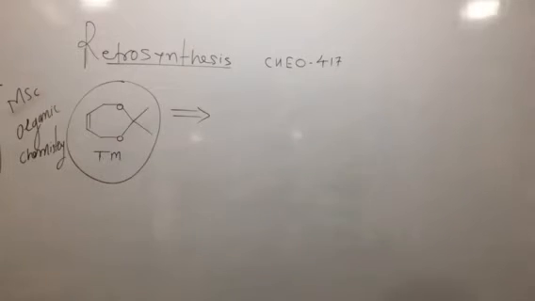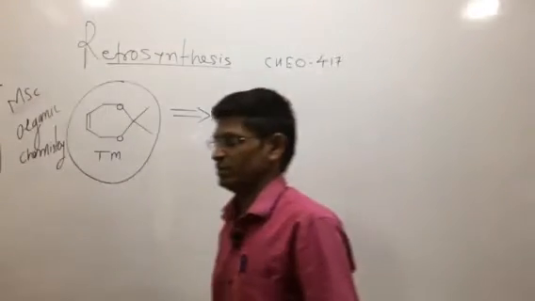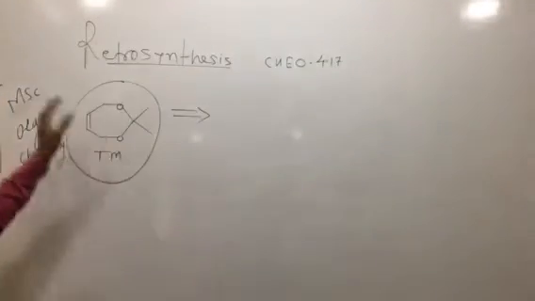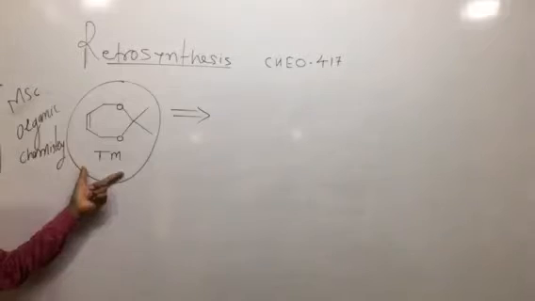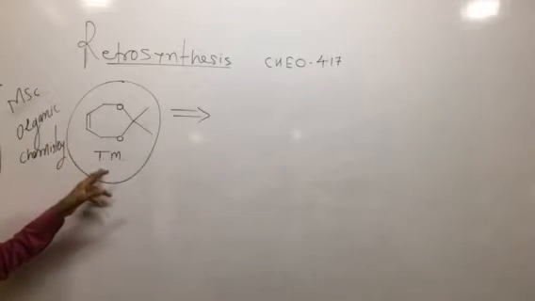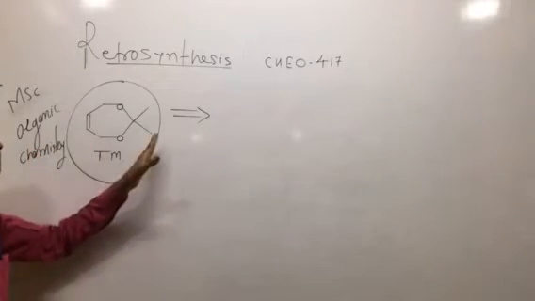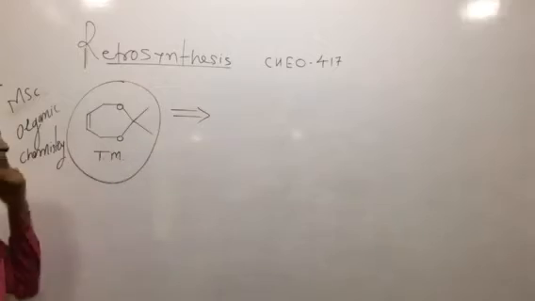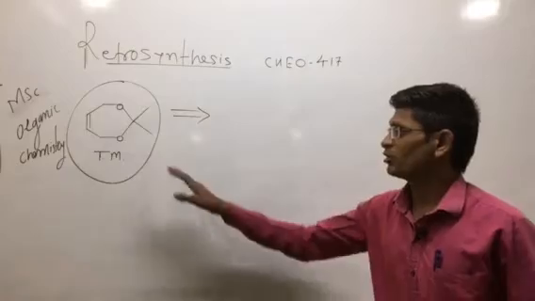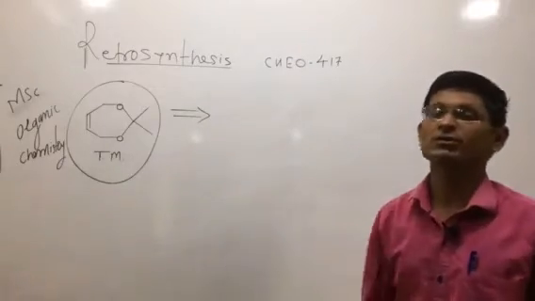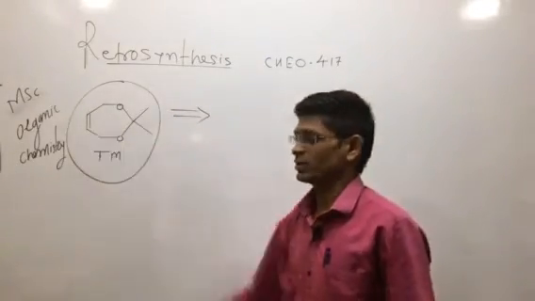In our continuation part, analysis followed by synthesis. As you know, this is the retrosynthesis. Herein the target molecule is provided; we have to give the analysis and the synthesis of these target molecules. First of all, we should know which types of functional group these target molecules contain, that is the cyclic ether and unsaturated.